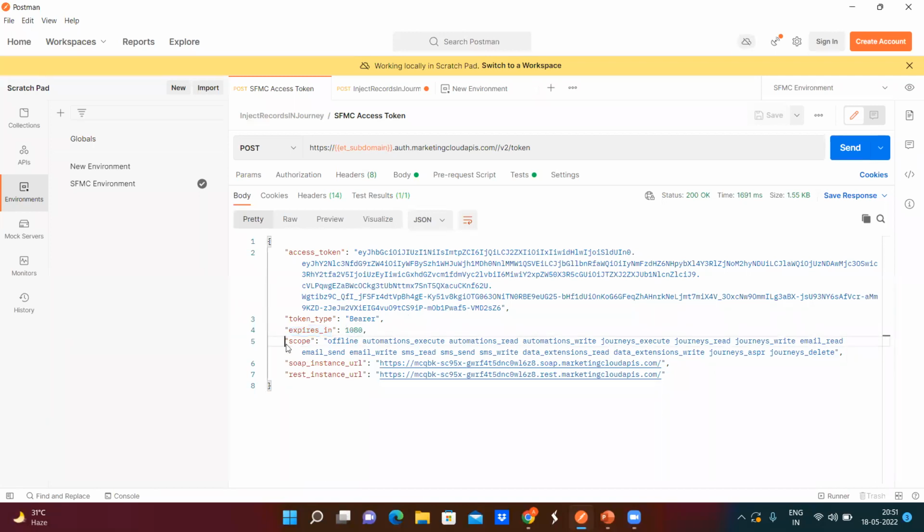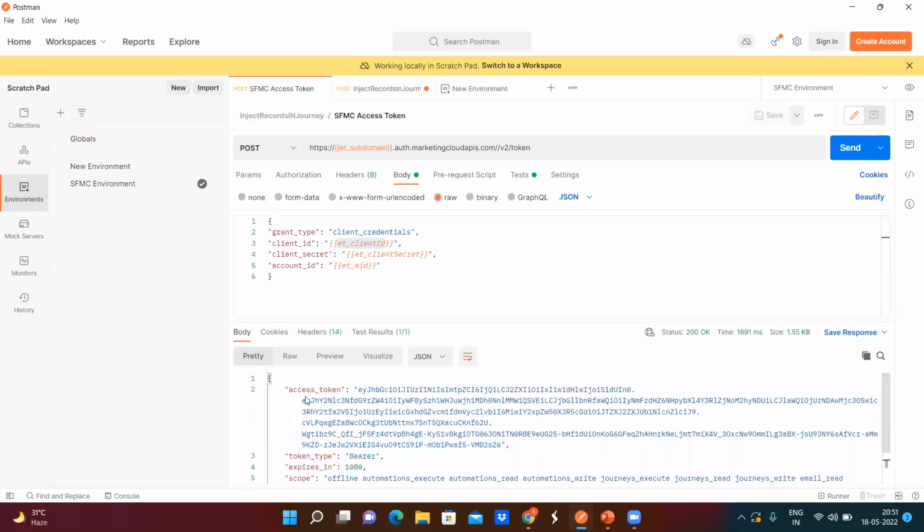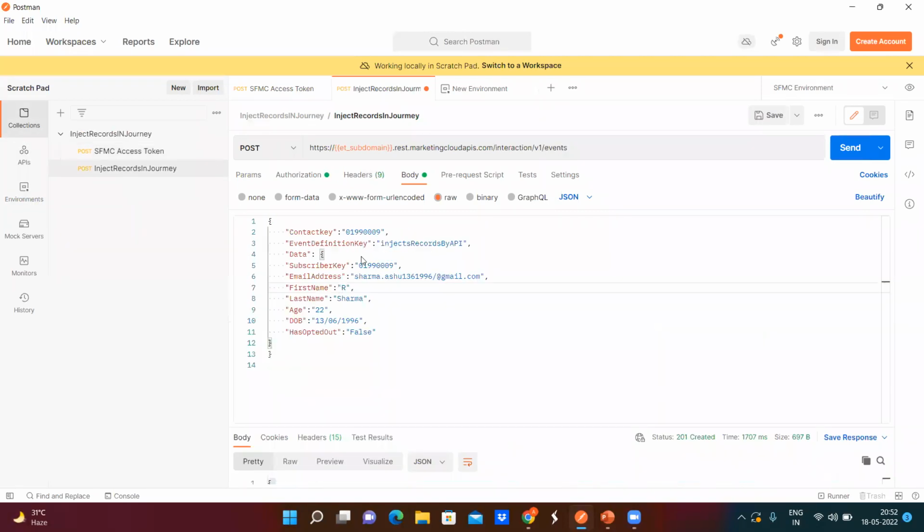Here you can see the scope, what all was selected for the package. Here I also got the SOAP and REST URL. In my further request for the injection of records in Journey Builder, I will be using this access token. So in the second request, that is for injection,